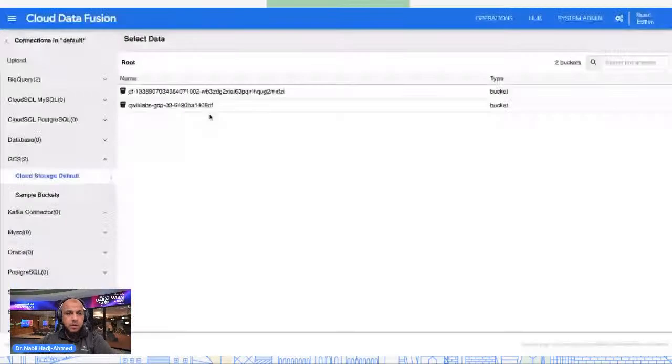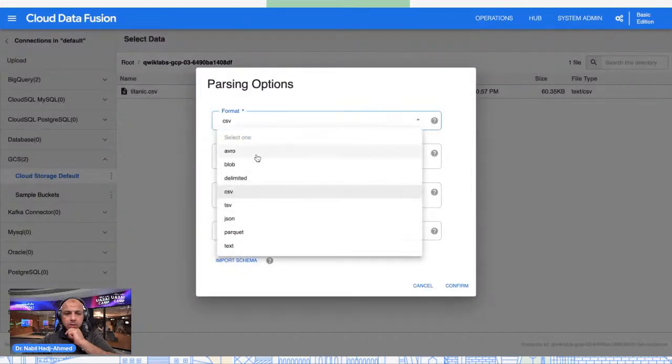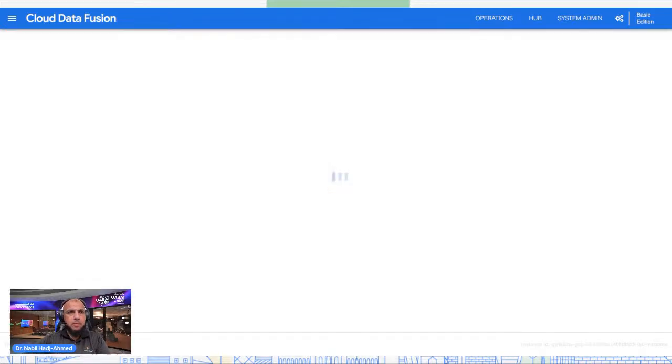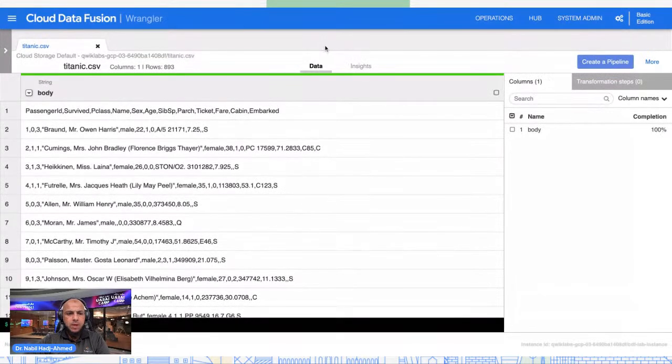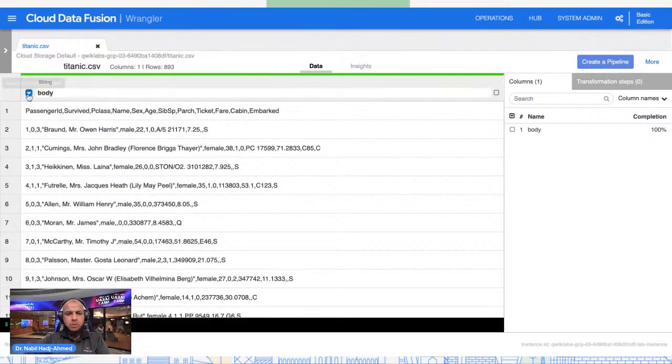Okay. Let me check, share again. So this is our parsing. We want to do text from that file, that Titanic CSV. We want to bring as text. Confirm that. So this is our data from the CSV file. So you can see here is just the full field here. So what we want to do,